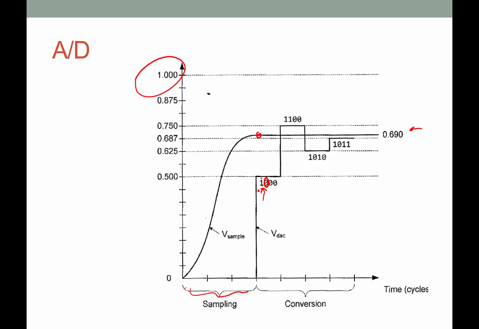The sample is compared to 0.75. The sample is not bigger than 0.75 because it's 0.687. So the analog to digital converter knows the second bit is not a 1, but a 0. So then the process is to go to the next bit, and it puts a 1 there. Now we know the first 2 bits are 1 and 0, from most significant to least significant. So then we'll put a 1 on this